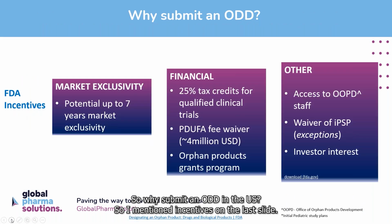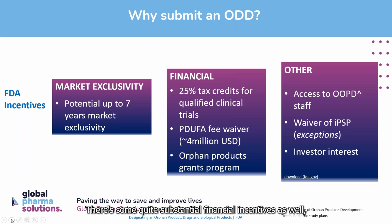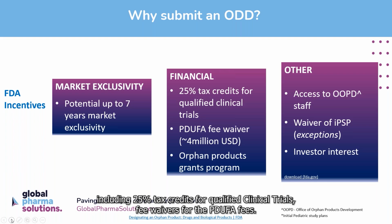So why submit an ODD in the US? I mentioned incentives on the last slide. So what are they? One such incentive is market exclusivity. There's a potential for up to 7 years market exclusivity in the US, which is usually 5 years for an NCE. There are some quite substantial financial incentives as well, including 25% tax credits for qualified clinical trials,